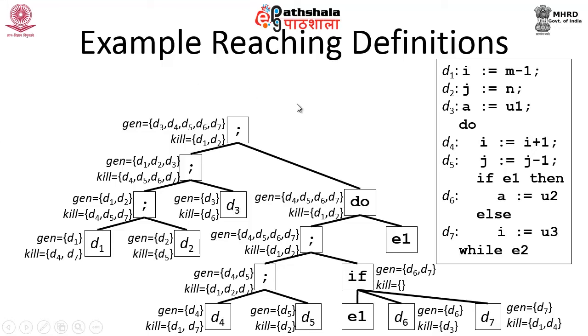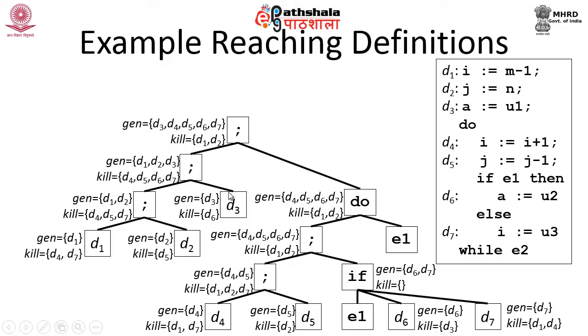That is fine. Now, coming back to this particular interior node. This interior node is nothing but S1 semicolon S2. We already know that when you have two statements S1 semicolon S2, according to the data flow equation representation, gen will be the union of the gens and kill will be the union of the kills. So, this node corresponds to the S1 followed by S2 situation. Therefore, gen is union of D1, D2 and kill will be union of D4, D7 and D5.